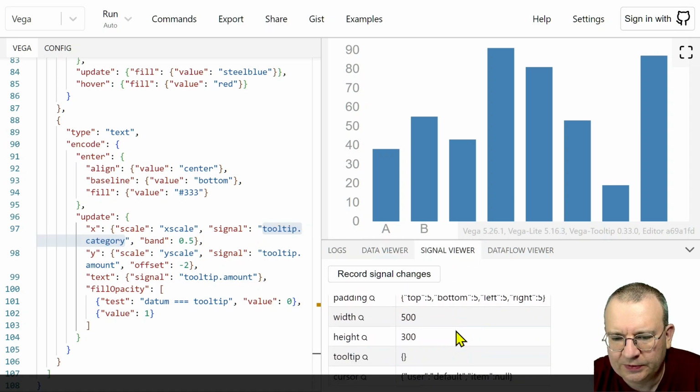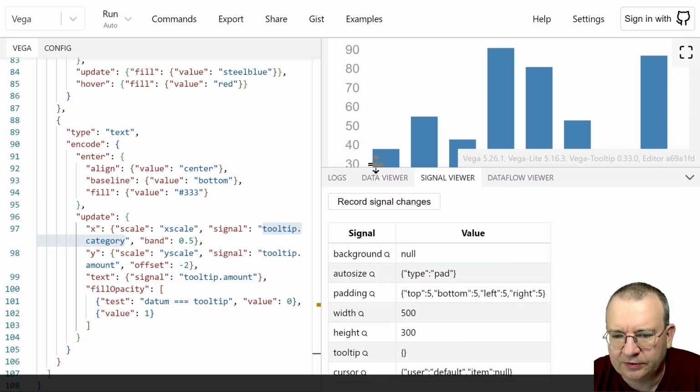Let me remind you, look here at tooltip, and I will select a column, and you can see that category D amount 91 are values inside of our tooltip object, and we can call tooltip point category to get the name of the category. So we check using our X scale where